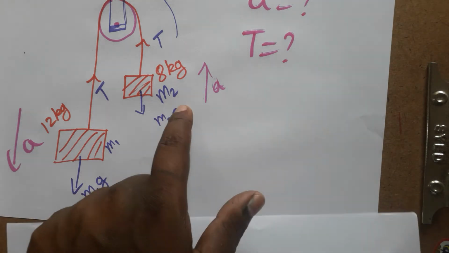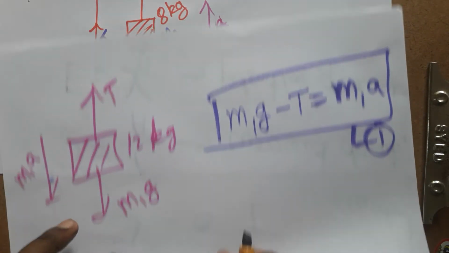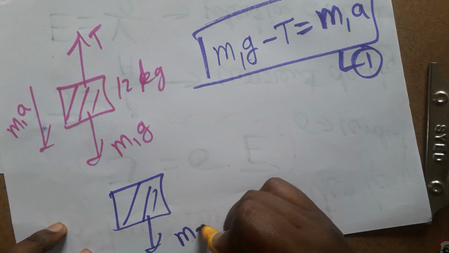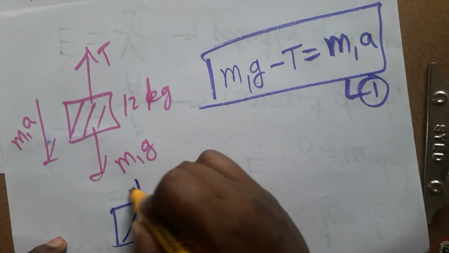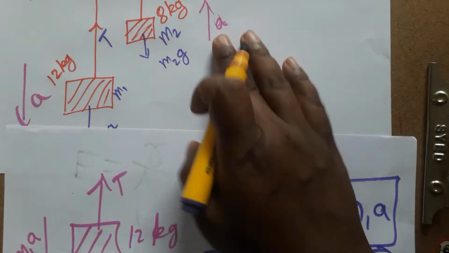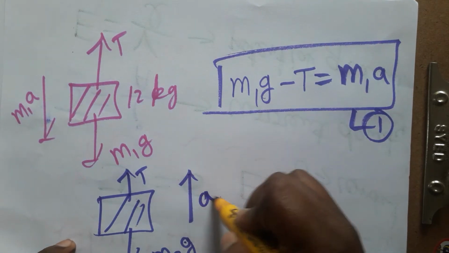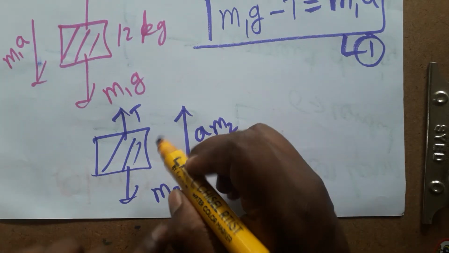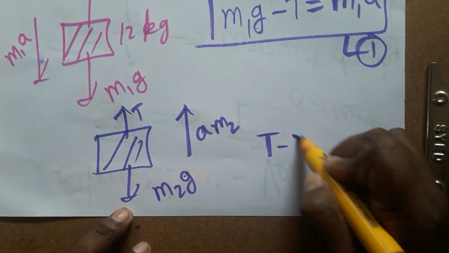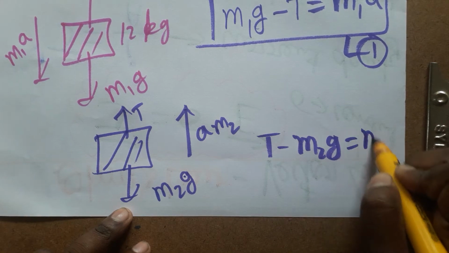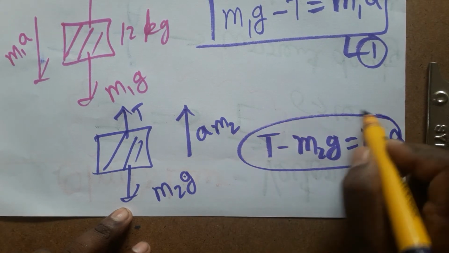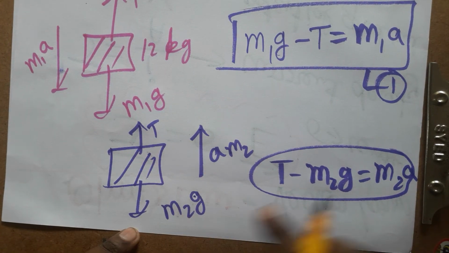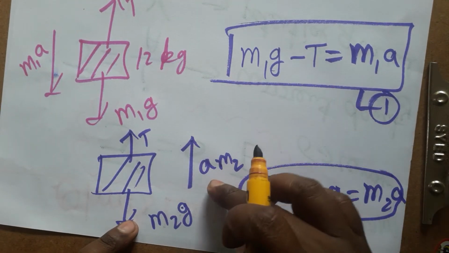Again, on the other side, here I have taken the object moving upwards. So see here, it is an 8 kg mass. Weight is acting downwards, m2 times g is acting downwards, T is acting upwards, the whole system is moving, here it is upwards. Acceleration is upwards. So m2 times a is acting upwards. Now upwards, T minus m2 times g is equal to m2 times a. How did I write this equation? Because the object is moving upwards, T is greater than m2 times g. So T minus m2 times g is equal to the resultant m2 times a.